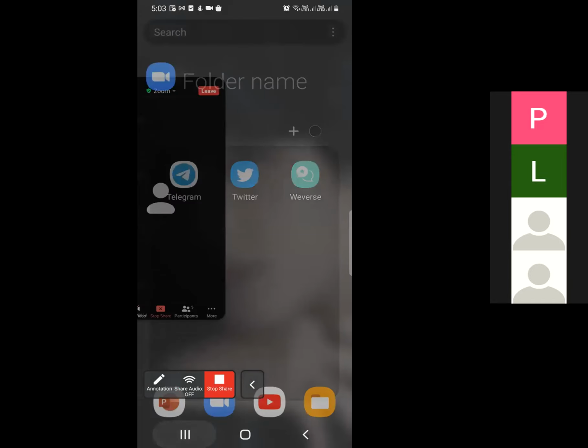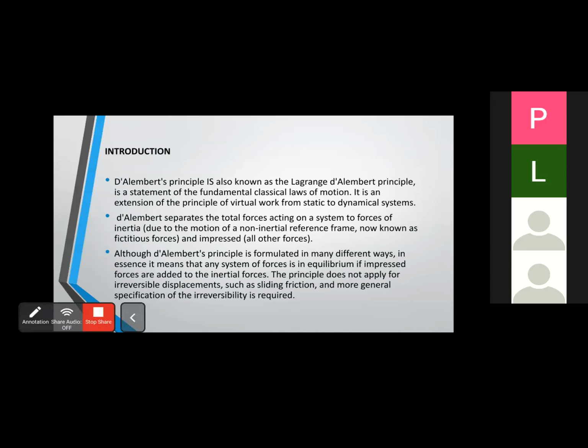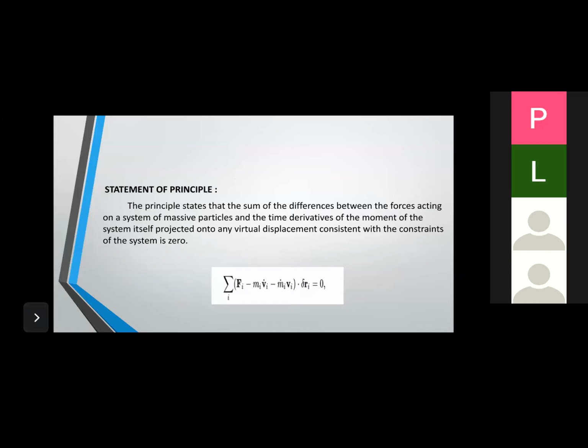The next one is the statement of D'Alembert's principle. The principle states that the sum of the differences between the forces acting on a system of massive particles and the time derivative of the momentum of the system itself, projected onto any virtual displacement consistent with the constraints of the system, is zero. In the formula of D'Alembert's principle, summation over i of (Fi minus mi ai) dot delta ri equals 0. In this formula, i is an integer to indicate the variable corresponding to a particular particle in